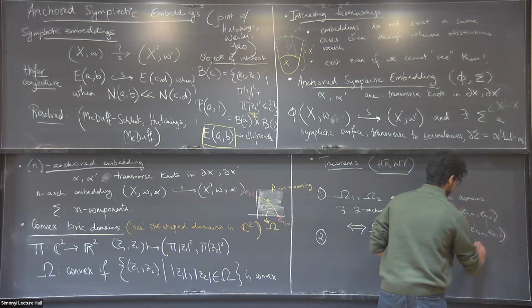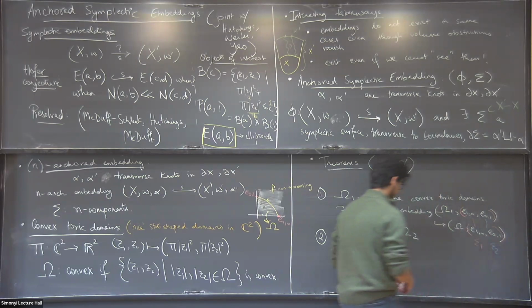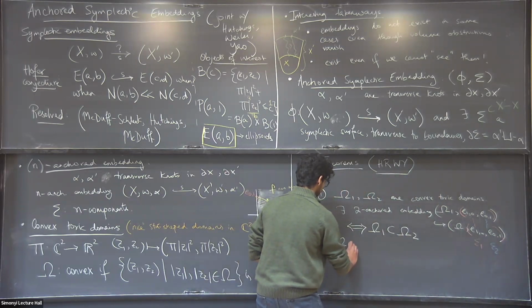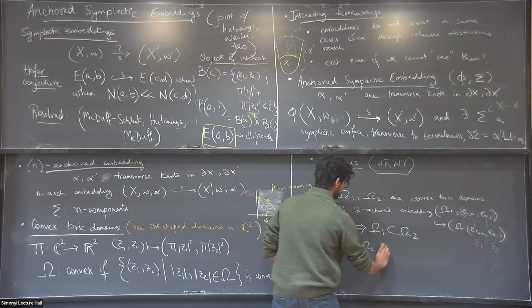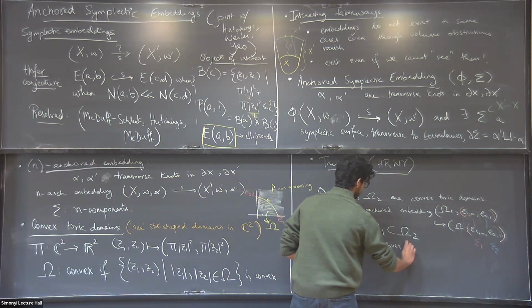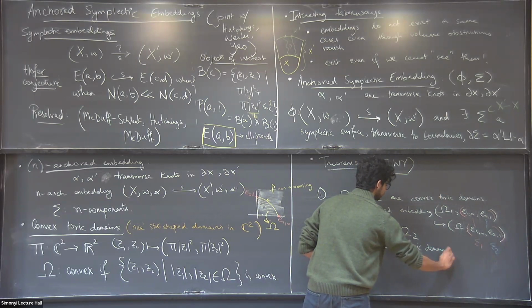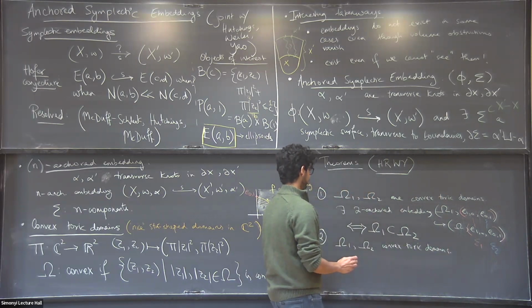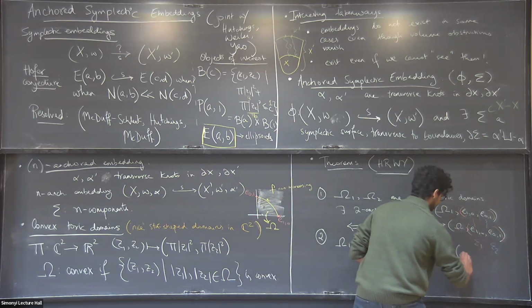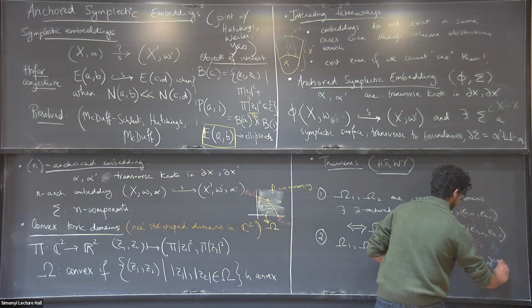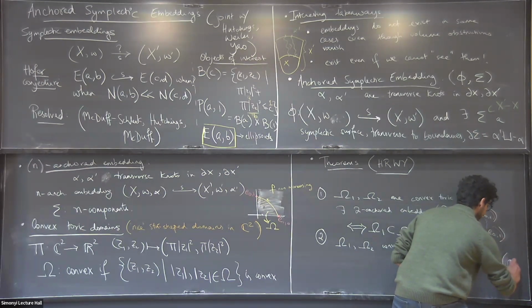So the second theorem I would state is, if Ω1, Ω2 are again convex toric domains, and then you have (Ω1, E10) fits inside (Ω2,